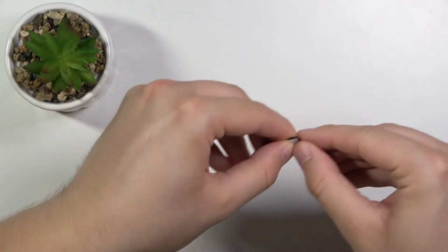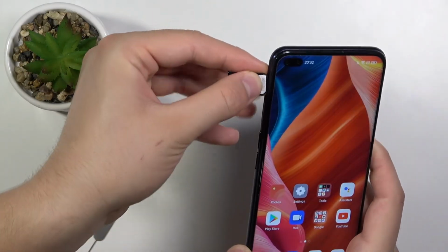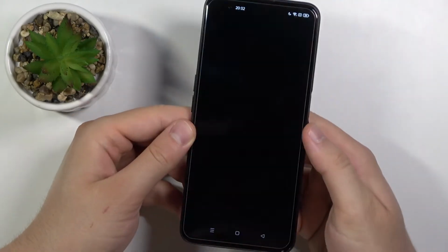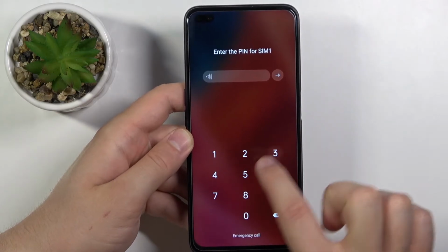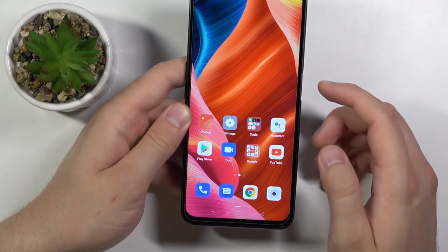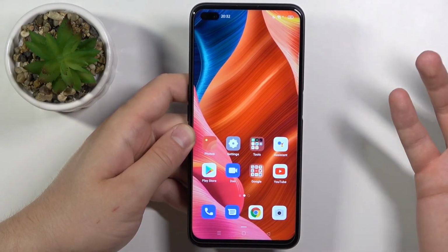I'm going to input one SIM card, so put it like that, and then insert this tray here, press with your finger, and take a look. Right now we have to enter the pin for our SIM card, so let's make it, then click here on the arrow, and as you can see right now we successfully input the SIM card to our OPPO